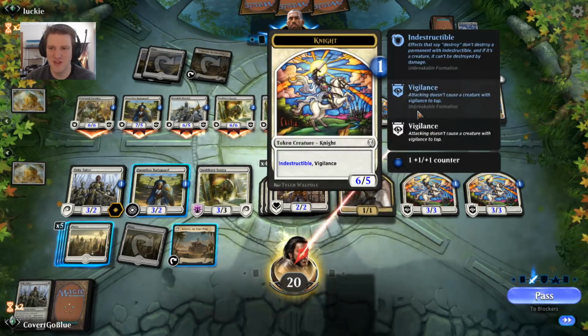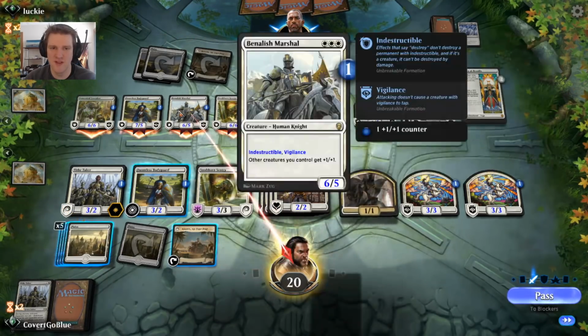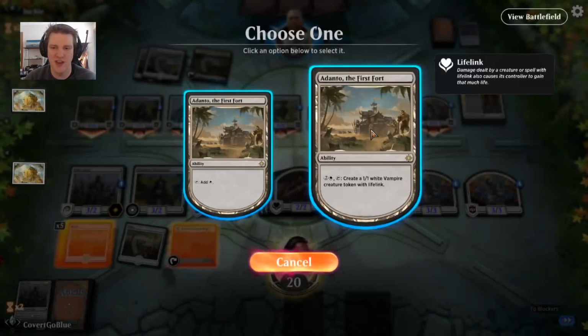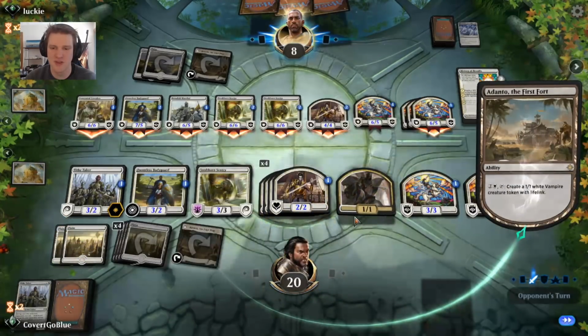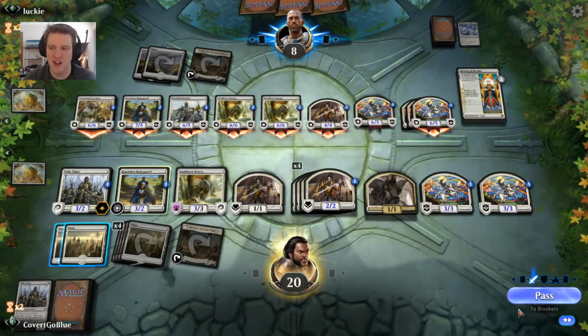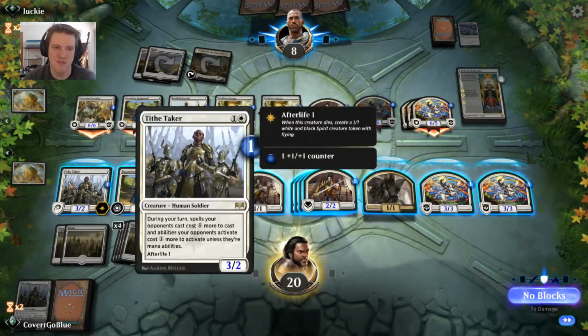All right, 1, 2, 3, 4, 5, 6, 7, 8 creatures that I should really block. 1, 2, 3, 4. This here's 5. 6 good blockers. I'm at 20. I could take some of the hits. Plus, I'm going to gain a lot of life. All right. Well,